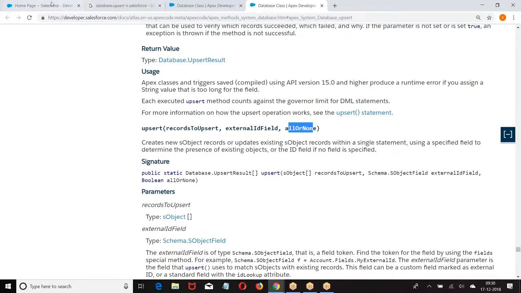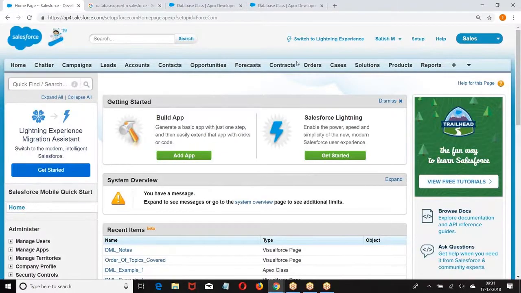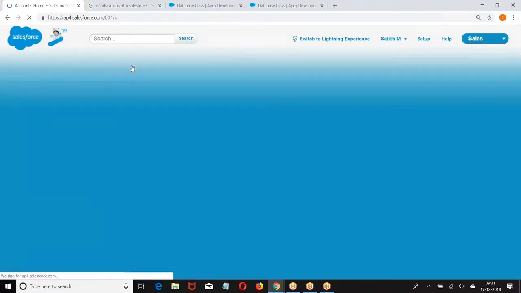How will you get an external ID? Let us go for this. I'll try to create one external ID field, let us say on Account.